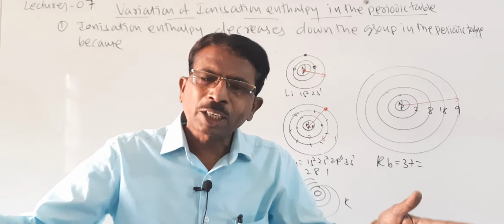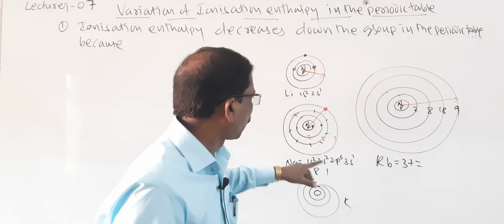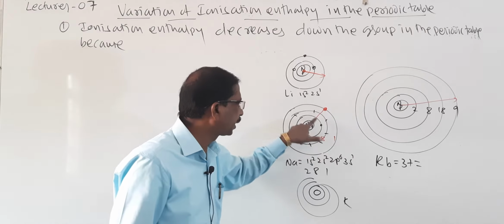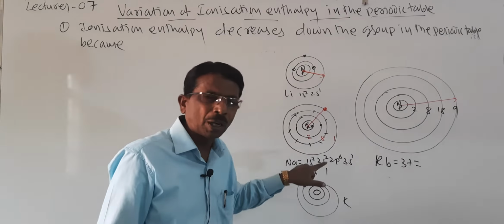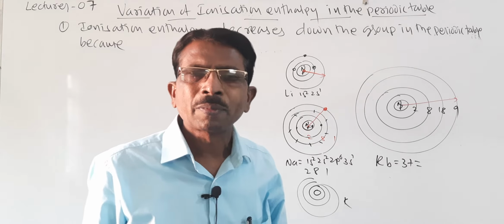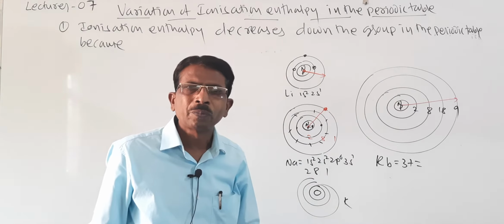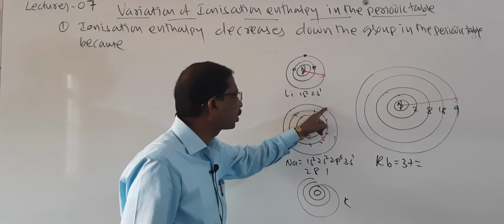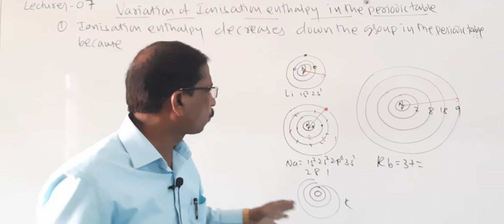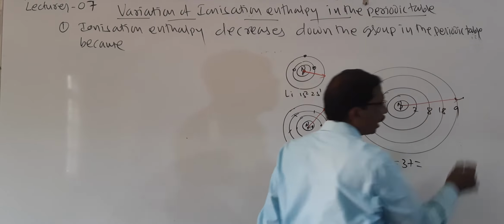And when the electrons are far away from the nucleus, it has a shielding effect. You know the shielding effect. If the inner electrons are more, then these shield the nucleus and the outer electron has less attraction. It does not have that much energy, so it can be easily removed. The attraction between the nucleus and the electron is very less because it is far away. And when it is far away, this electron can be easily removed.